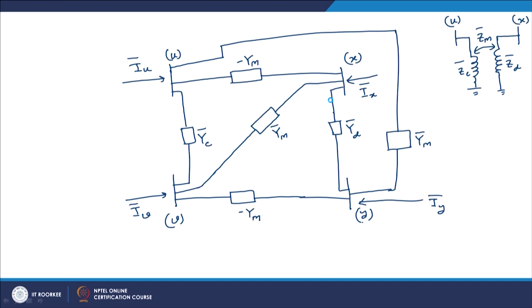Now, in our previous circuit, how many elements were there? 1, 2, 3, 4, 5, 6. So, you may be wondering what happens to the sixth one. The sixth one has been eliminated because V and U are the same point. So, this term minus Ym is completely gone. If there is a common point between these two elements which are in turn mutually connected with each other, then this would be the equivalent circuit.